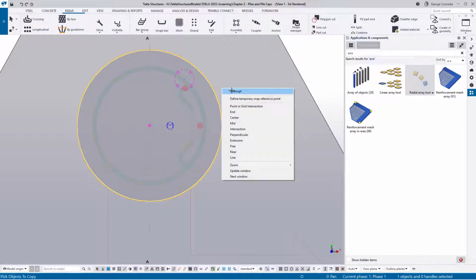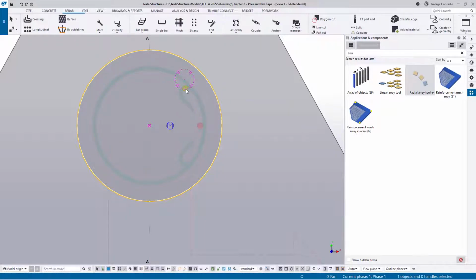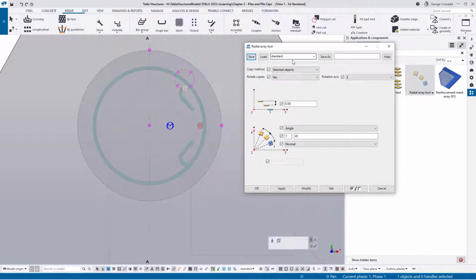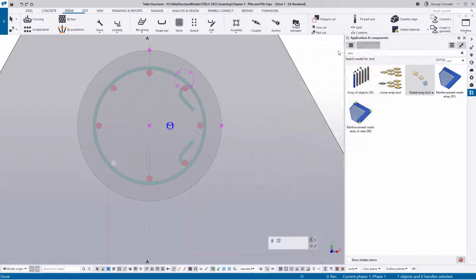And there it is. It's copied another bar, one of it. Now, if we double click on this macro and we look at what the components actually got by default, which is the standard, it says, I want one extra at 45 degrees. So in our case, we've got 8 bars, of which one is the master. So we need an additional 7 at 45 degrees. Why 45 degrees? Because 360 divided by 8 is 45. And we say modify. You can then see we get all our